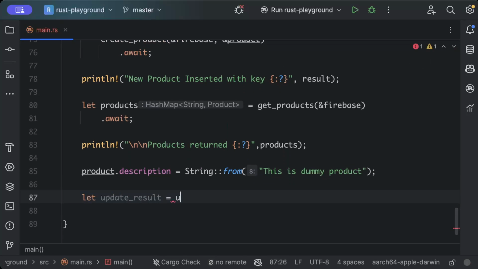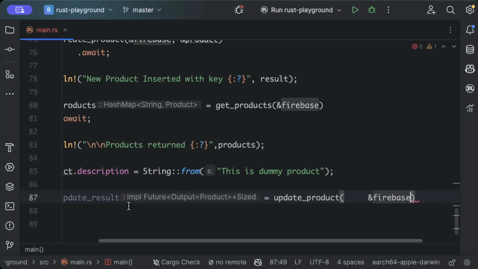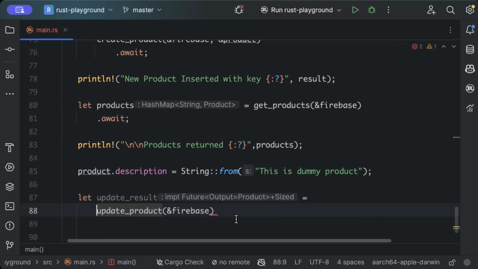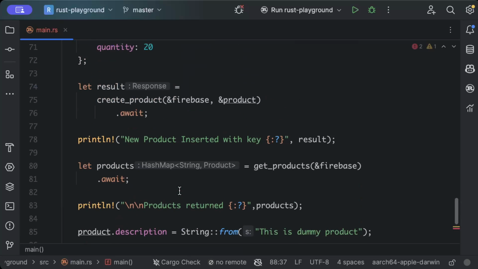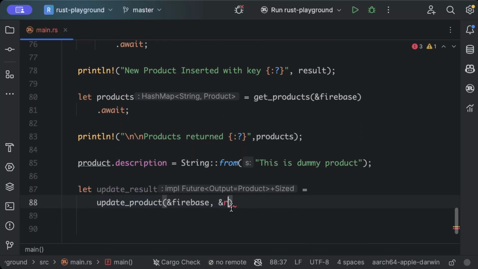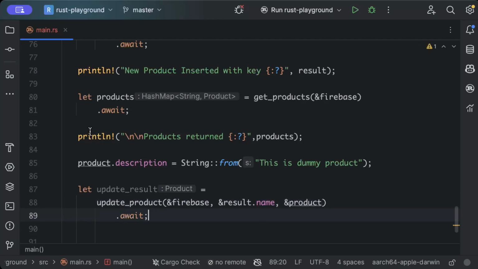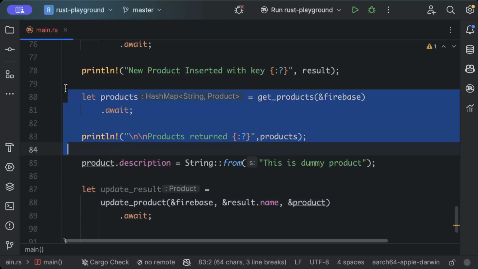So what we need to do here is update product, pass Firebase client, and similarly we'll pass the response that we get here. This has the key, so we'll just say result dot name as the key, and the last thing that we'll pass is the updated product, and await, and let's do a get product afterwards as well